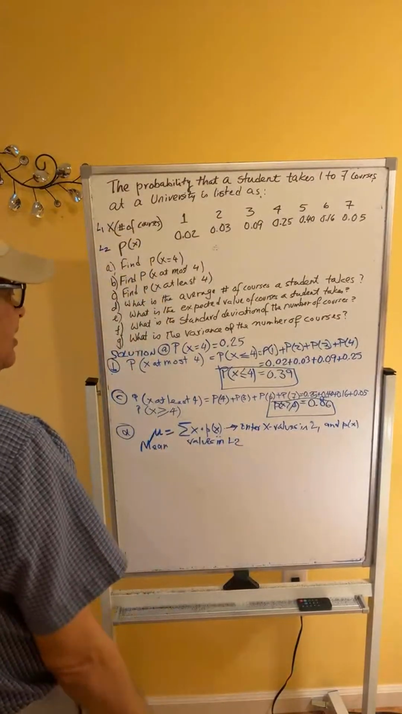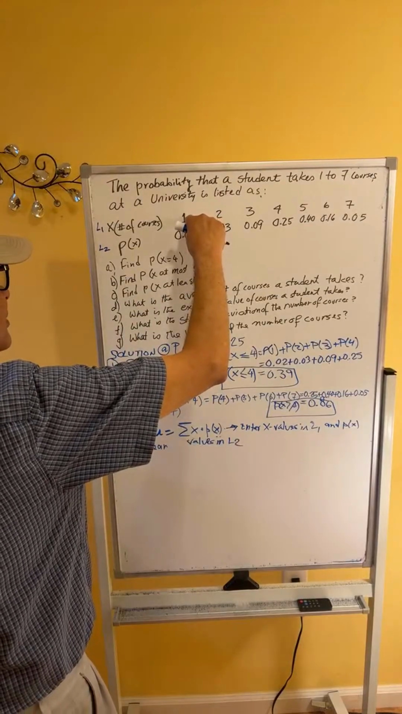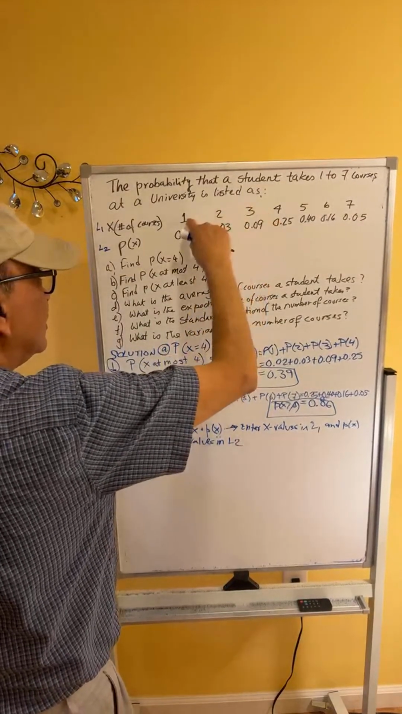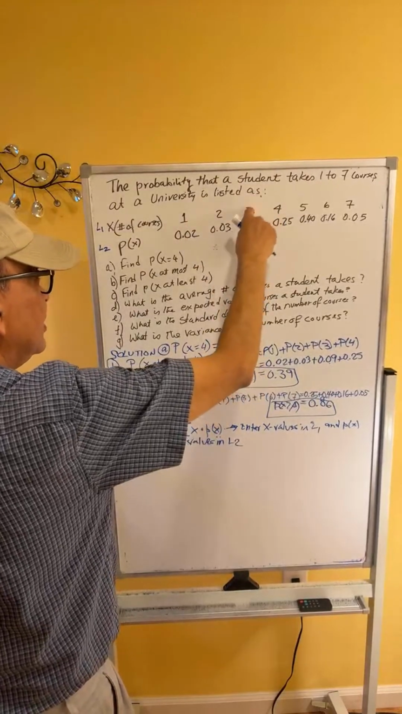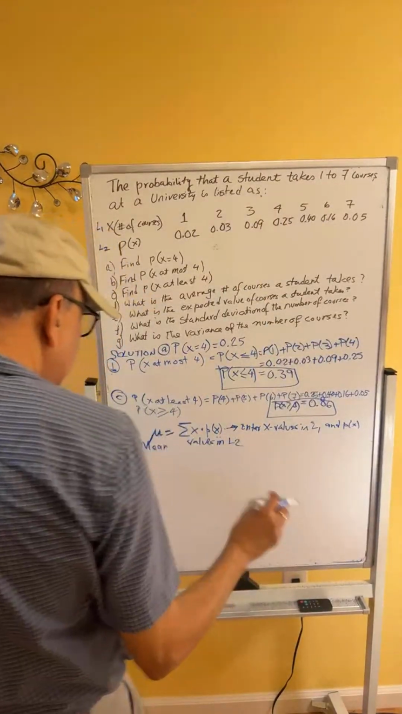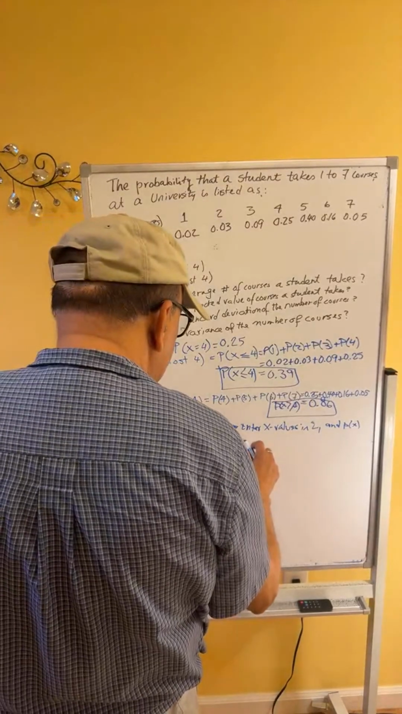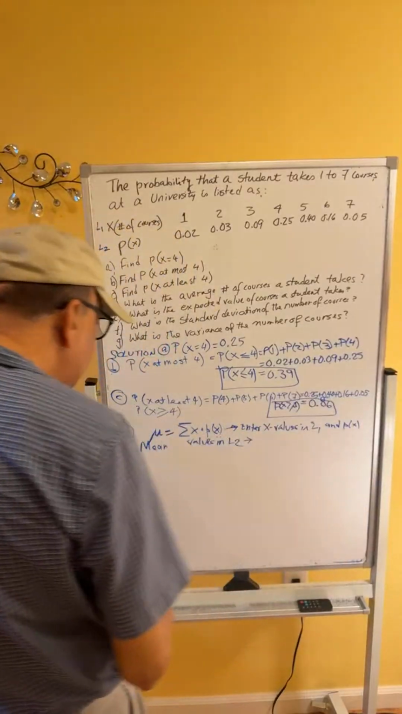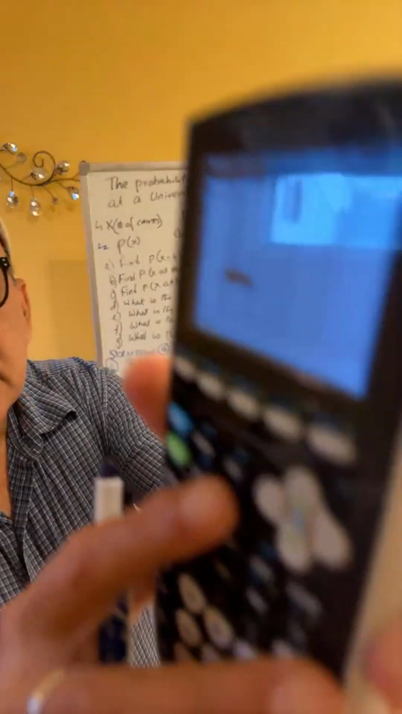So I want the calculator to do the calculation automatically. Basically, we are multiplying each x value with the corresponding probability and adding them together. 1 times 0.02 plus 2 times 0.03 plus 3 times 0.09 and so forth. So after we have entered the x values in L1 and px values in L2, we are going to press again the stat button,